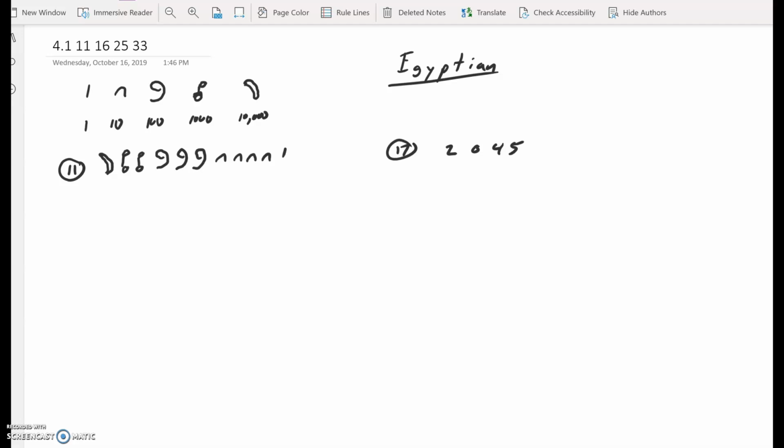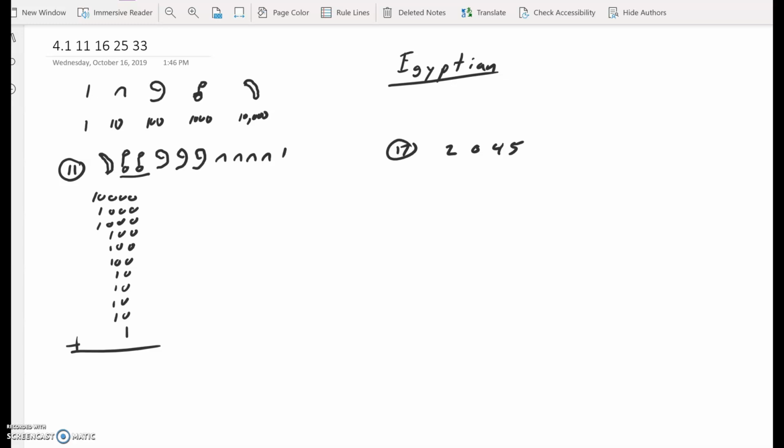So in problems 11 and 17, we're asked to turn Egyptian numerals into our numeration system and then reverse, take our number 2045 and turn it into Egyptian symbols. So we've got one of these 10,000s, and then we've got two of these thousands, and we've got three of these hundreds, and we've got four of these tens, and we've got one of these ones, and we can add that up, and we probably should add that up,